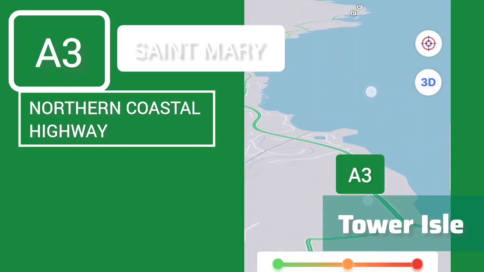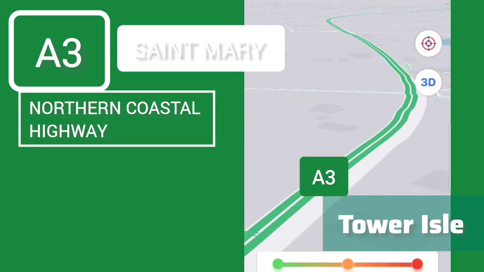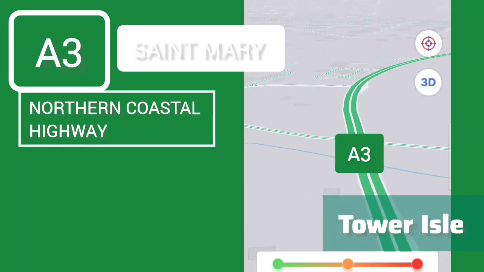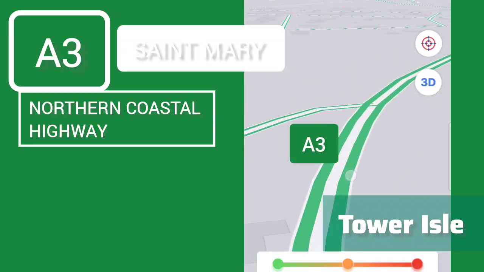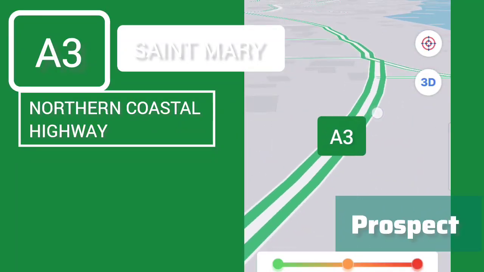Let's zoom in to see where we're at. Okay, so we're in Tower Isle. Tower Isle, St. Mary, getting ready to exit the parish of St. Mary, heading into St. Ann and Ocho Rios City. We're in the area now. We're now in the area they call Prospect, where the